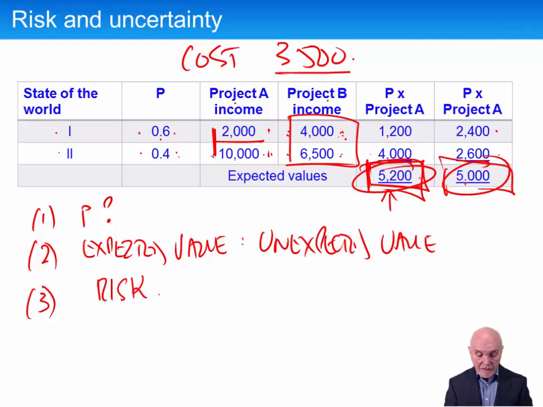Whereas here, even though the overall outcome is maybe not quite so attractive, there's a very limited, very narrow range of outcomes, and therefore there's much less risk associated with it. So expected value of itself does not take risk into account. And really it is impossible to make any sort of decision on what the company should do, based on returns without taking risk into account.